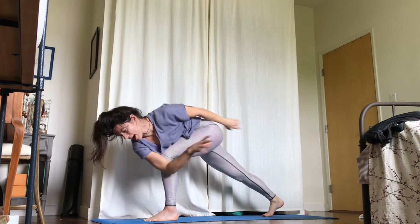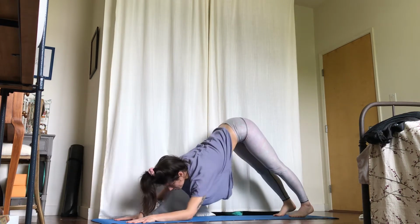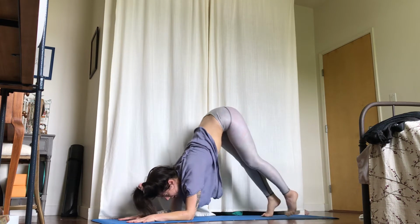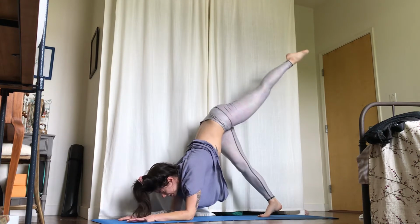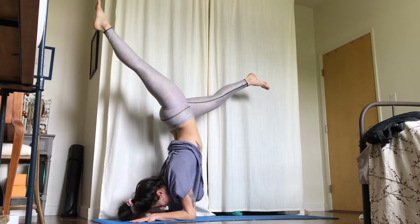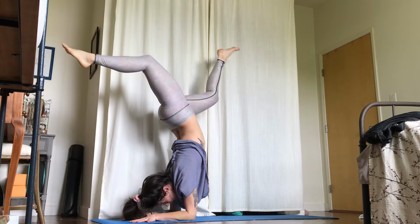Toes land back, hands down, plank, lower left forearm, right forearm, dolphin, walk your toes up to your elbows, lift the left leg up, keep the pelvis level, little jump, bigger jump, push the floor away, go, 8 breaths, any variation,